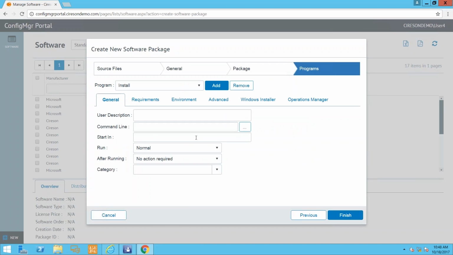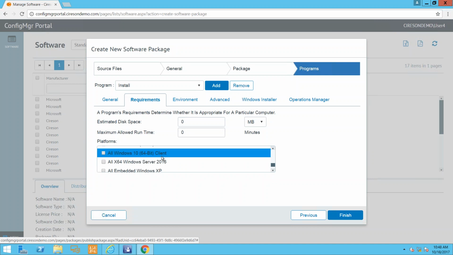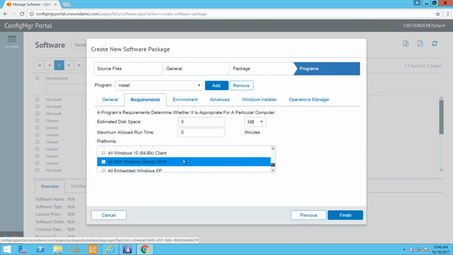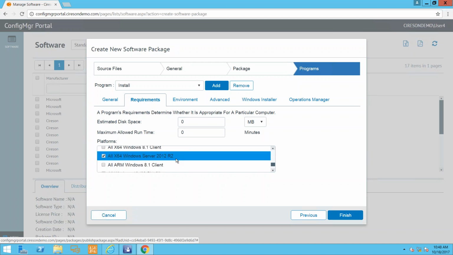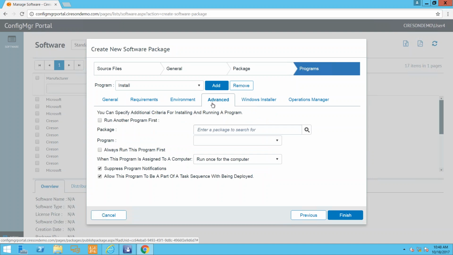And on programs, if I go here and click on requirements, if I scroll on down, it should just be my server-based OSs like Windows Server 2012 R2. There we go, Windows Server 2012 R2. And environment, remember admin rights, advanced, suppress program notifications, and task sequences allowed to be part of a task sequence